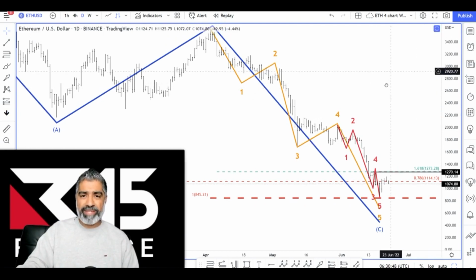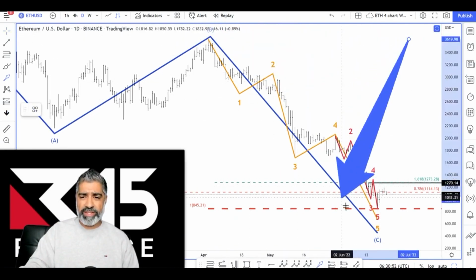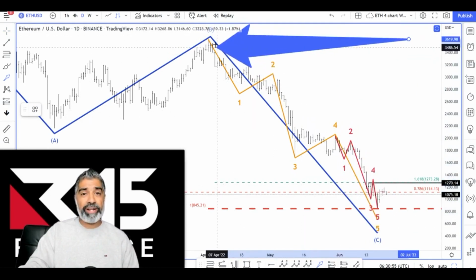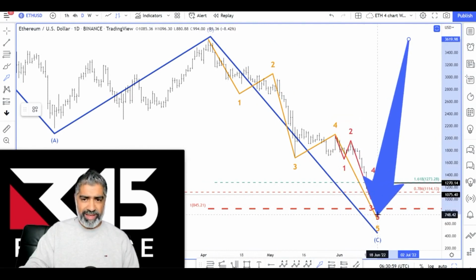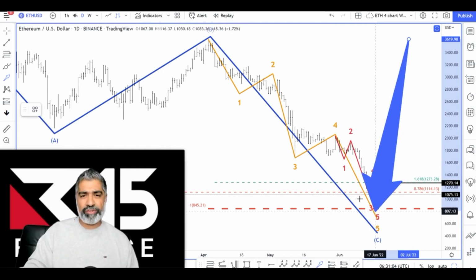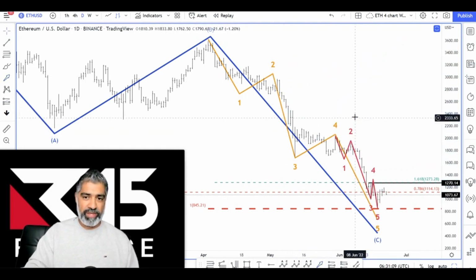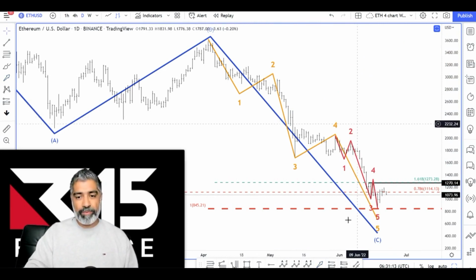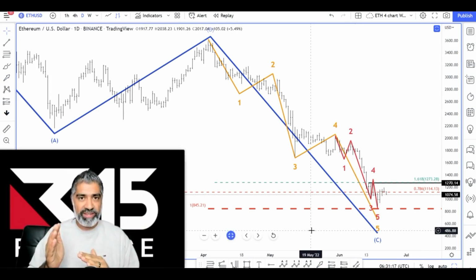So what does the amber tell us? The amber tells us wave Cs, which is this blue line over here, typically break down to a 1, 2, 3, 4, 5 wave sequence. And it's pretty clean, pretty textbook. We can use this information because these waves have a relationship to each other. One of the most powerful and most reliable is the relationship between the beginning of wave 1 to the end of wave 3, and the direct relationship to wave 5.